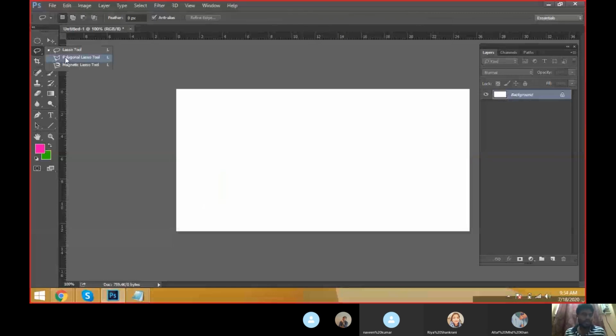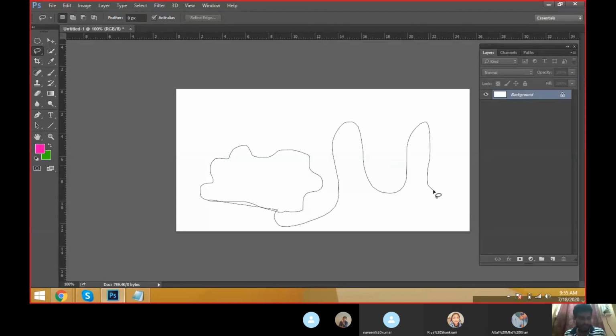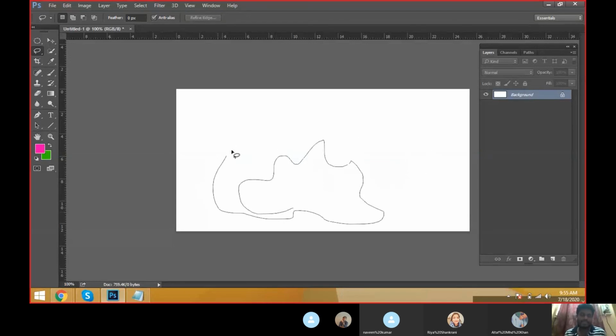Come to here, it is a polygon lasso tool. It is a polygon lasso tool, means already lasso tool means there is no ending. When you start a selection like this, is there any ending selection? No. Means there is an ending selection, but it is not adding, it is not showing any pointer. That's why if you keep like this also, it will end. Means there is no controlling on this selection. This is a basic, any abstract selection like this.